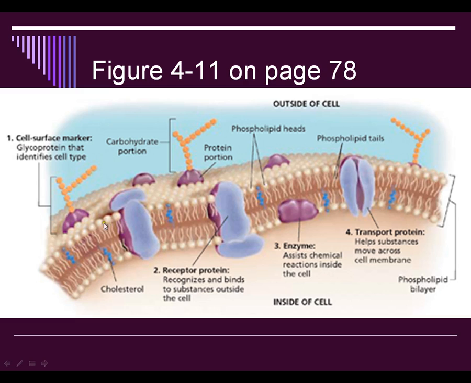So this is the figure from your book. All of the little white or cream-colored circles with their little tails are the phospholipids. And there are lots of different macromolecules embedded here in the cell membrane. In blue, it's showing you some lipids. These are the cholesterol molecules. It's showing you some carbohydrates. So here's a carbohydrate portion that's attached to a protein. These are cell surface markers, and they identify what type of cell this is, kind of like a flag would